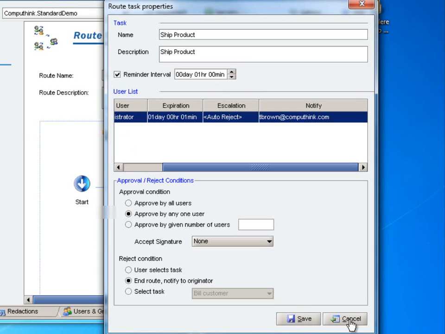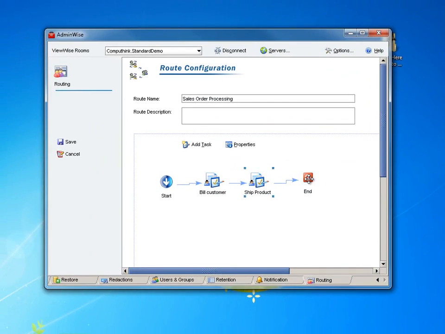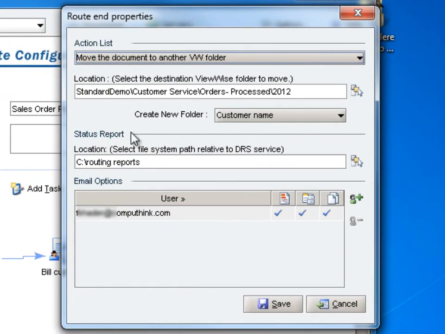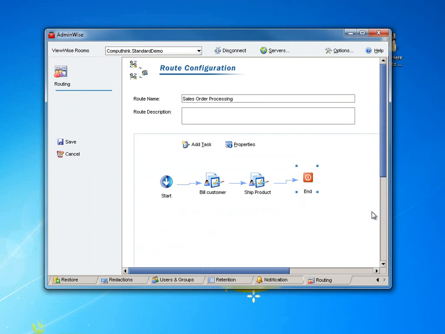By using these features in conjunction with features added in 7.0 to the ViewWise workflow, namely the ability to auto-email out the ViewWise document at the end of the route, along with the route history and metadata, in addition to the ability to create custom folders at the end of a route based on index values within a given document, you can see how workflow has continued to improve in the 7.0 and 7.1 product, and will continue to do so in future releases. That covers the major new features in ViewWise